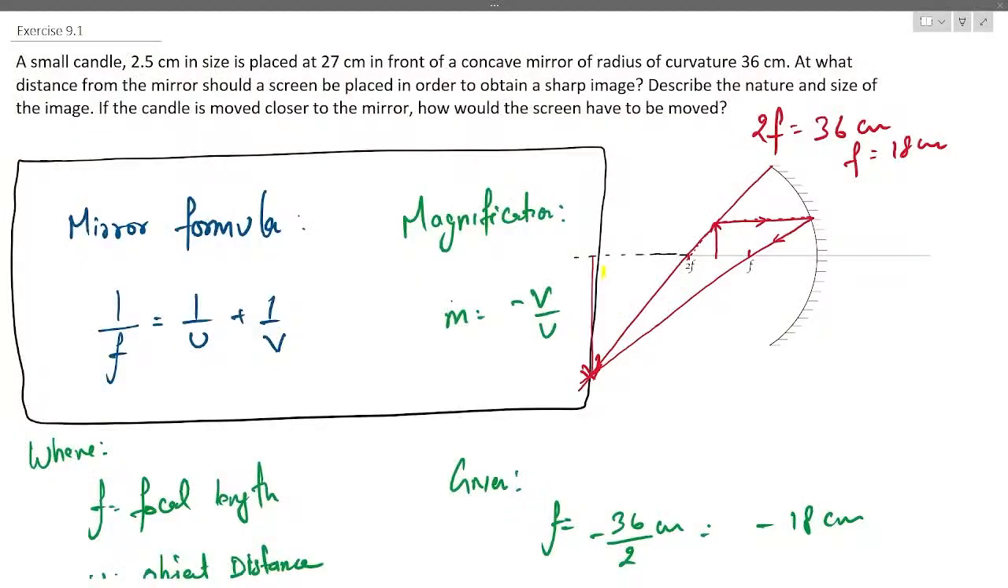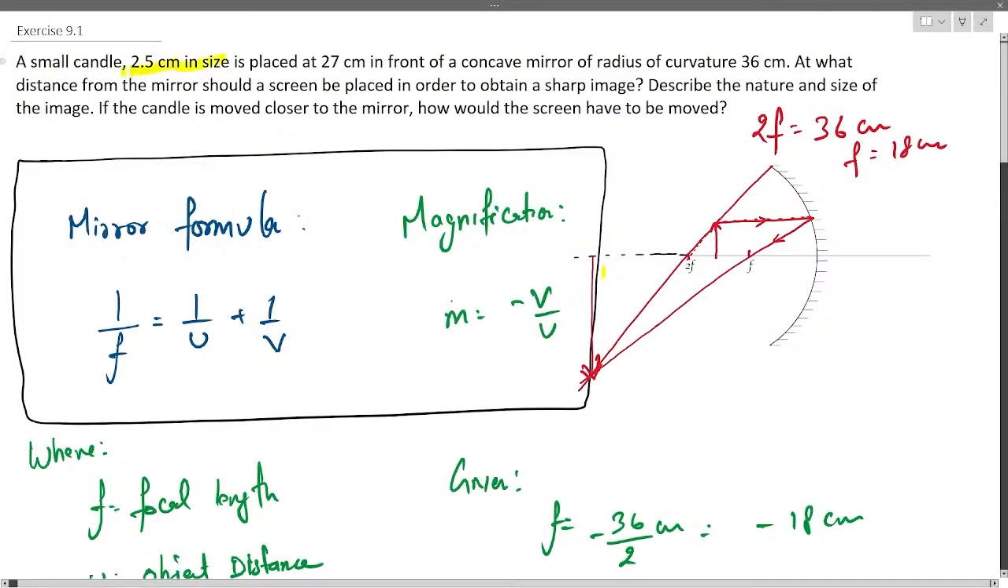The question says that a small candle 2.5 centimeter in size is placed at 27